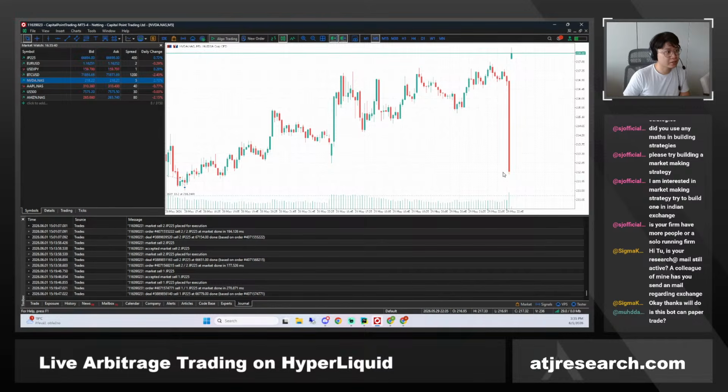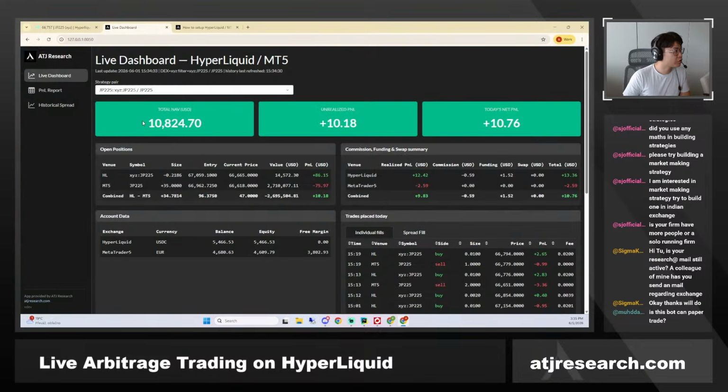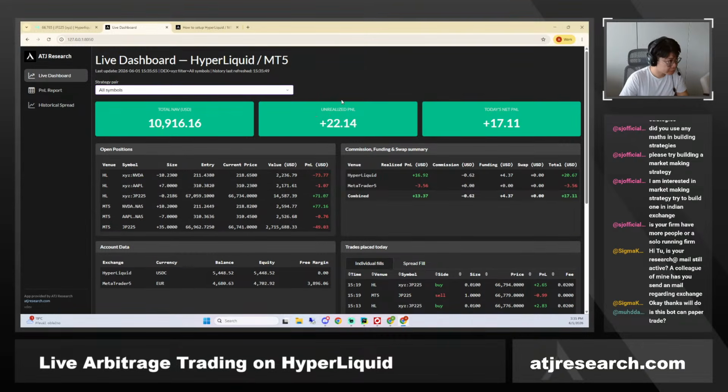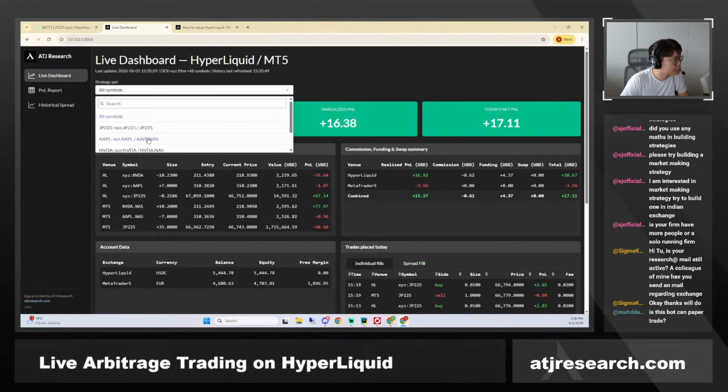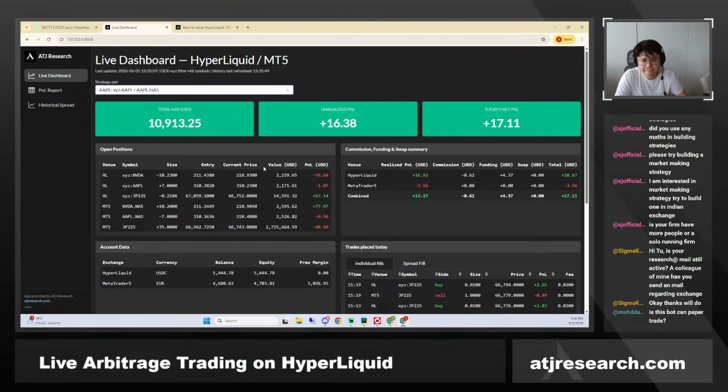Nvidia has actually gapped up. You see this big spike down, and now it's up here. So that is interesting. Let's have a look at our PNL, our total PNL, and see how it looks for the individual stocks. Our floating PNL is actually positive. This is pretty good. Here, if I filter by Apple,